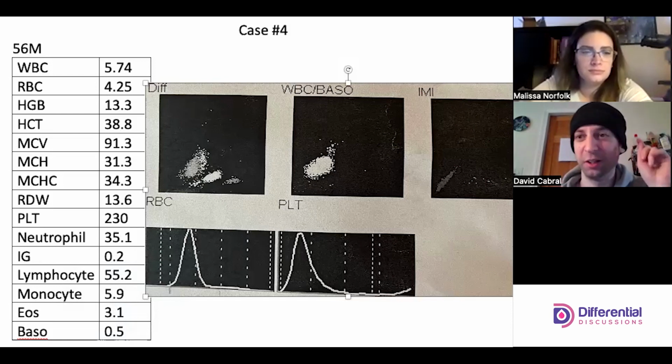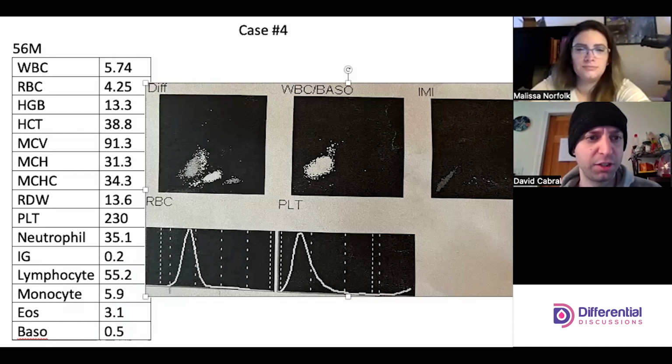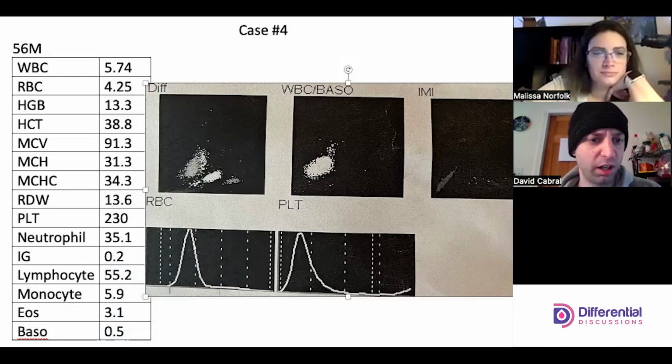There's just a tingling feeling that happens, right? When I look at these. MCHC is just like a touch towards the higher side of things, actually, which is interesting. Pay attention to that. MCH normal, MCV normal, RDW normal, platelet count normal,